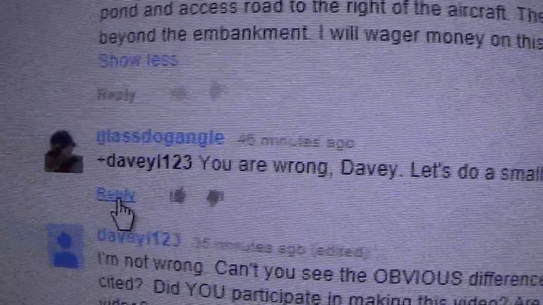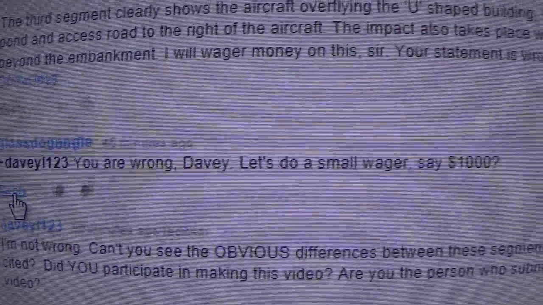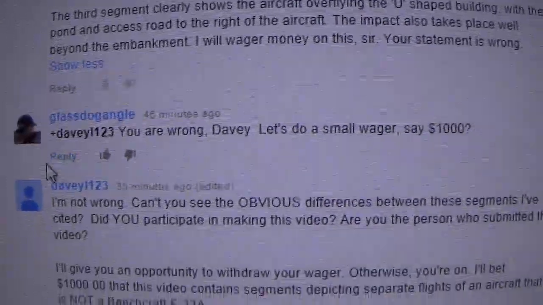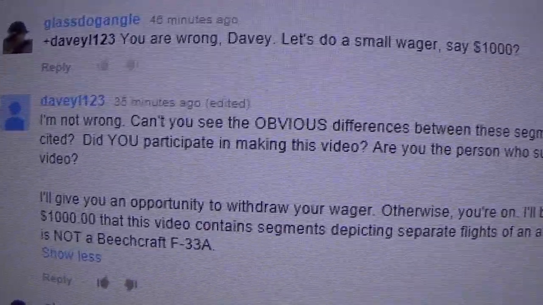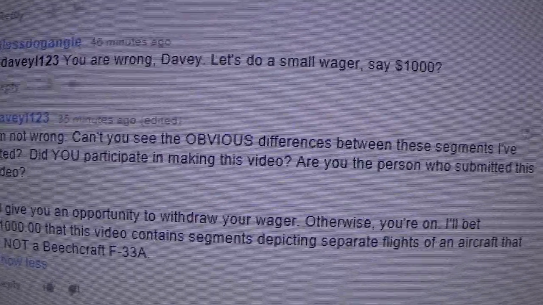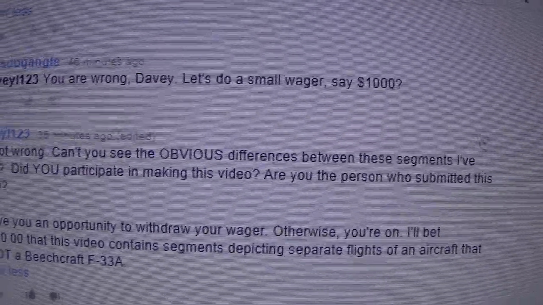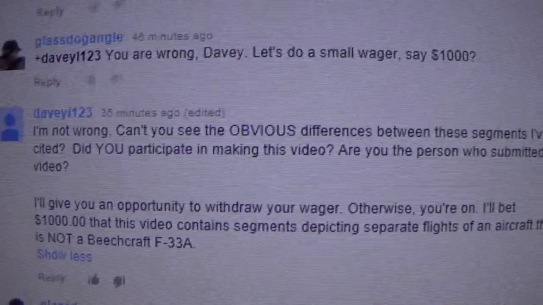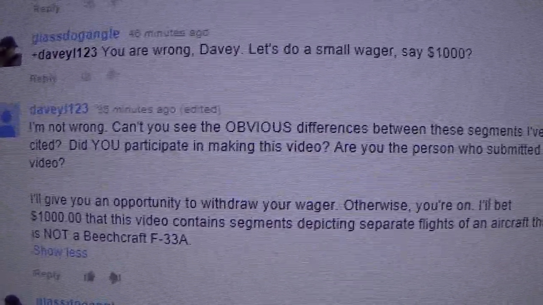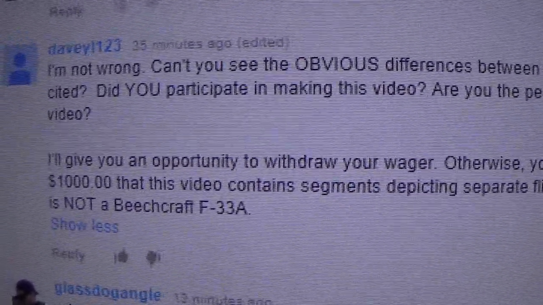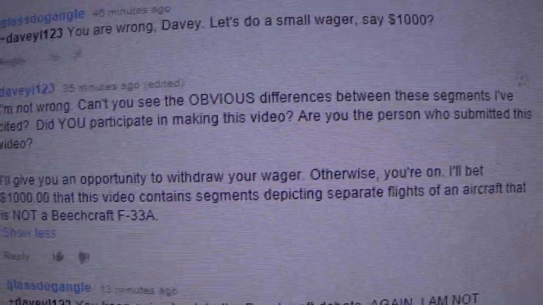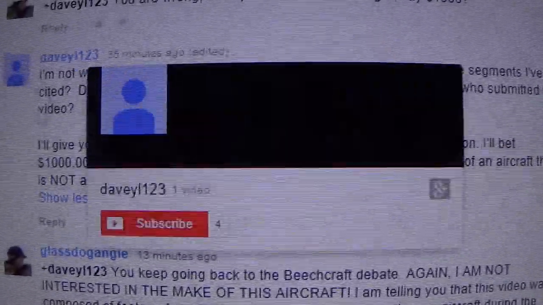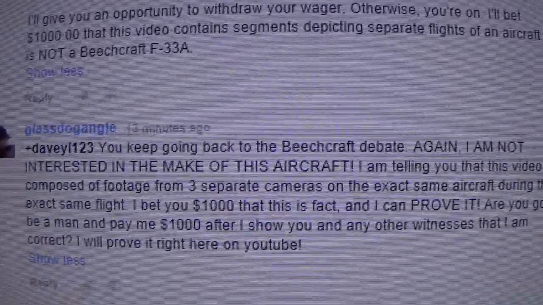So I tried to get him to do a wager, and I wagered him $1,000. And he came back and said, I'm not wrong. Can't you see the obvious differences between these segments? The only difference in the segments is the angle of the camera. So he's giving me an opportunity to withdraw my wager. I'm not withdrawing my wager. I bet this man, Davey123, $1,000 that